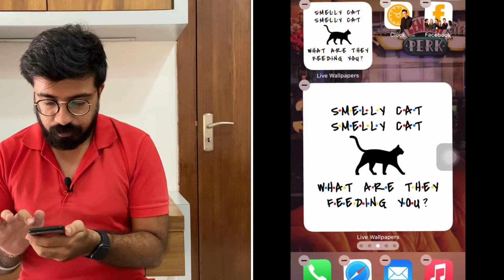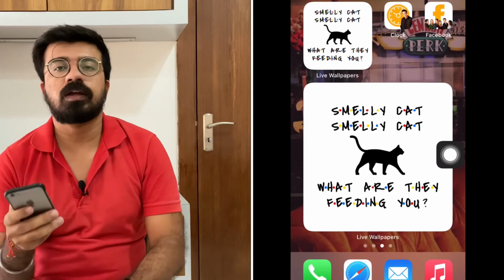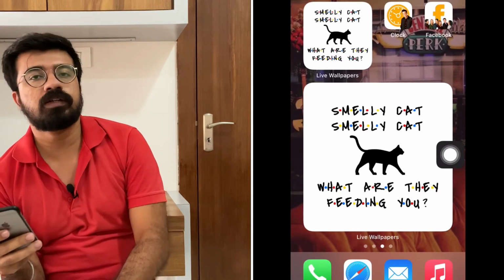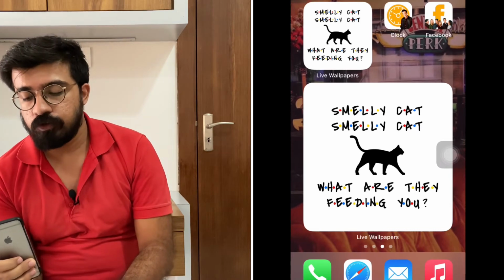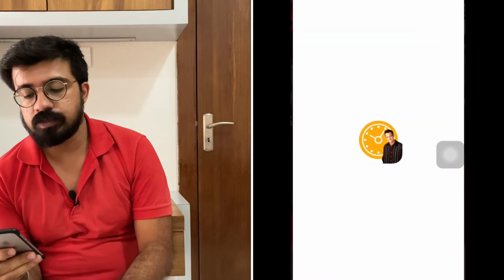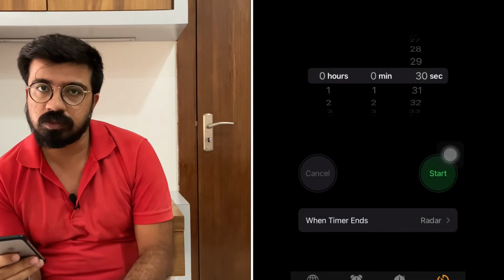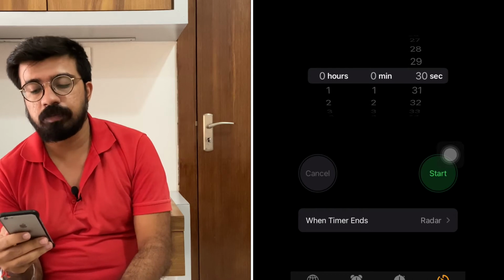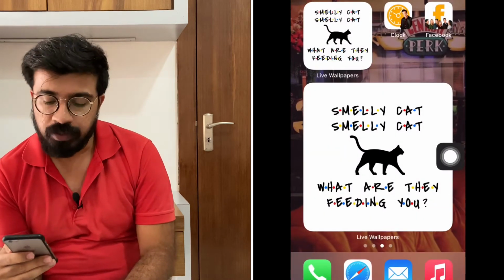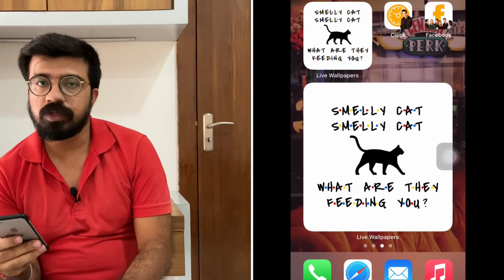You can add it too, and done. This is how you can get the Friends theme. You can do this for all the icons for yourself, and when you click on any icon, it doesn't immediately open the application. First it goes to the shortcut screen, so there is an added 1 second between clicking the icon and opening the app, but it is surely worth it to give your screen a very unique look.